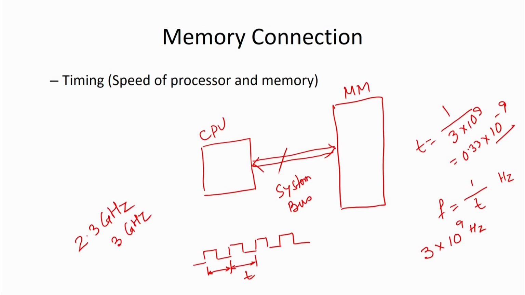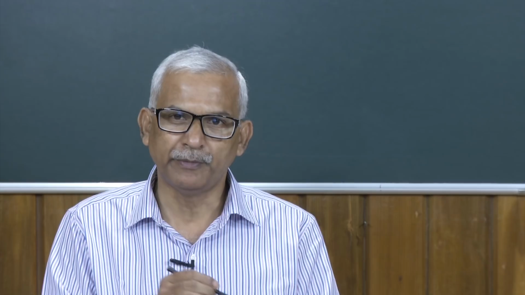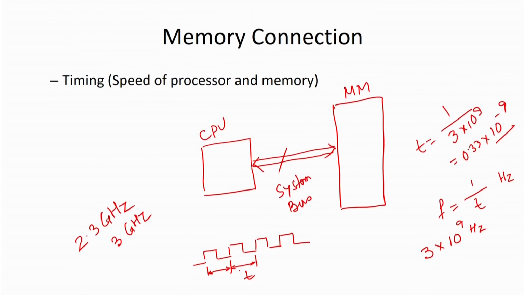So, 10 to the power minus 9 is your nanosecond. So, that many, this is the time period. So, in that 0.33 nanosecond I can carry out one small operation inside this processor. So, this is the operating speed. We have achieved this 3 gigahertz speed due to the advancement of technology, and